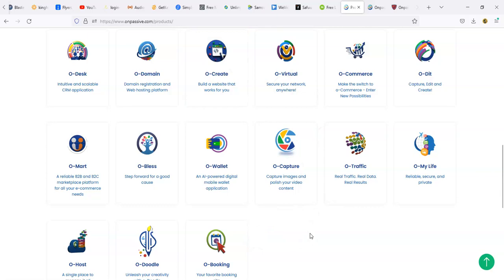Would you rather it that way? Or would you rather look like my website right now, or my browser where I have all of these tabs open with so many different things in them, because it's not all in one place, right? So that's another positive you have. You're going to have all of these tools, platforms, products, and services in one single location.